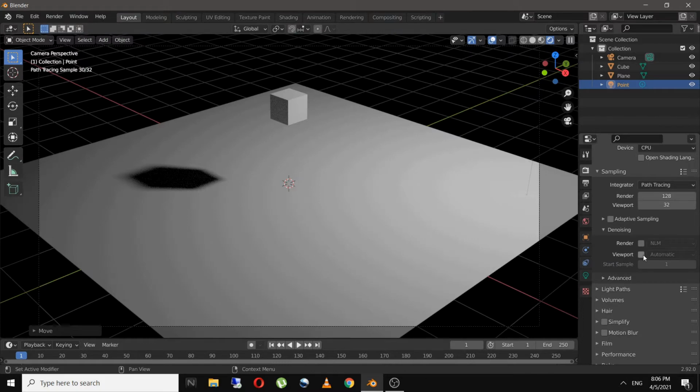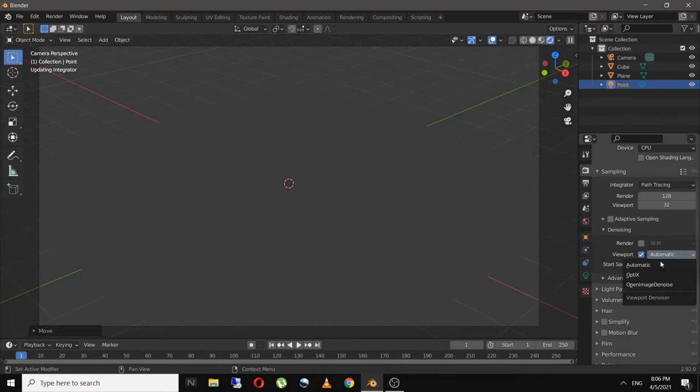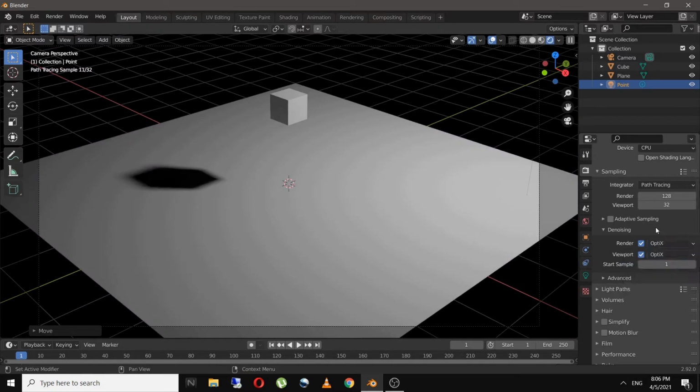So I will enable the viewport denoising and select the OptiX. The OptiX will work perfectly if you have an RTX or GTX card. So as you can see, our viewport looks very good now since we have removed all the noise.